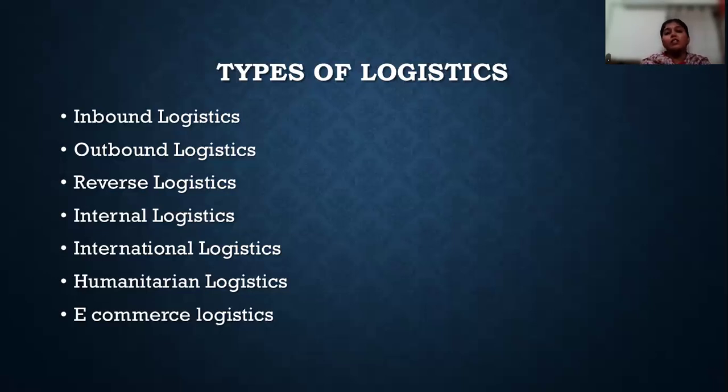The next one is international logistics. As the name itself indicates, this logistics includes the transportation of products across borders. Maybe from India, the product is being delivered to multiple other countries like Canada, Australia, US, UK. It can be any country. That is international logistics. The next one is humanitarian logistics, a very important logistics that is very active during the time of crisis like earthquake, tsunami, or even during the time of COVID. We had humanitarian logistics acting very fast and quick,